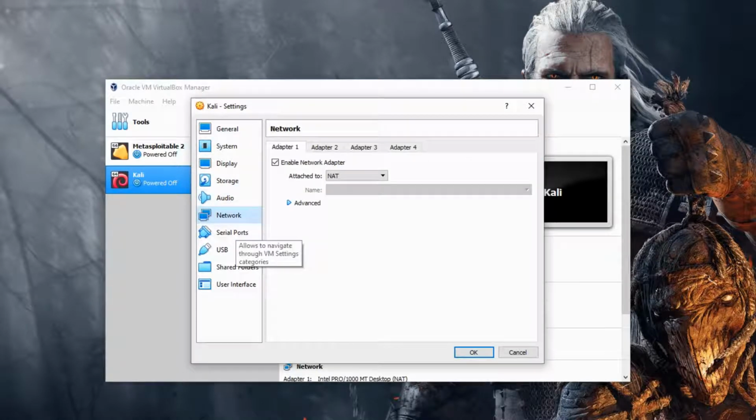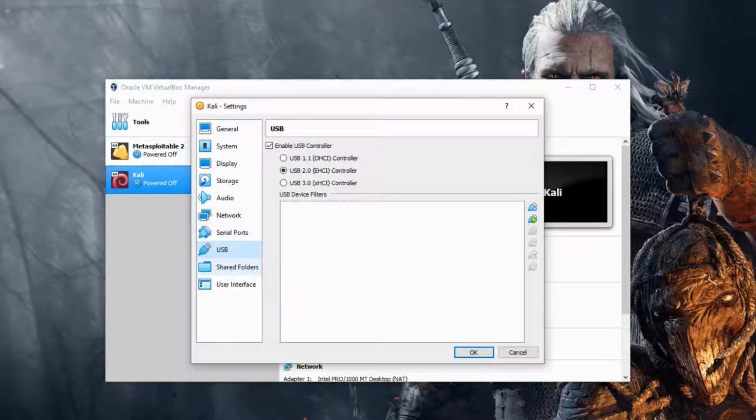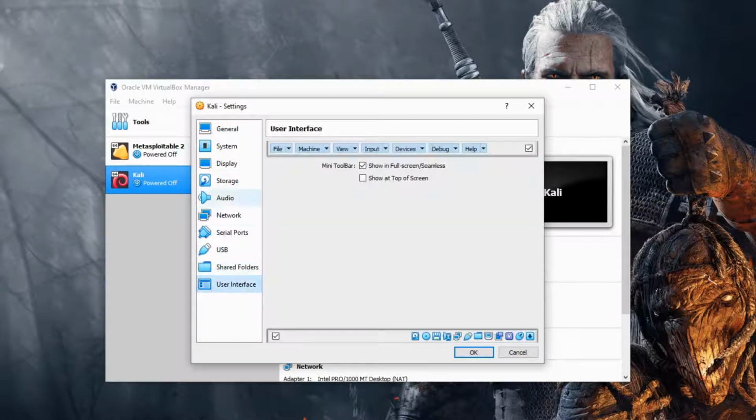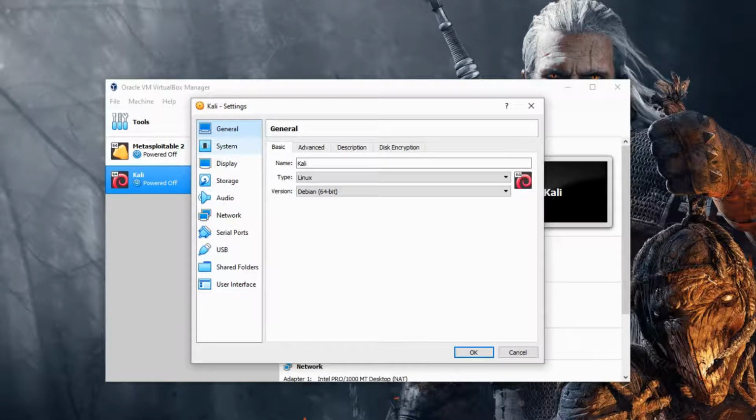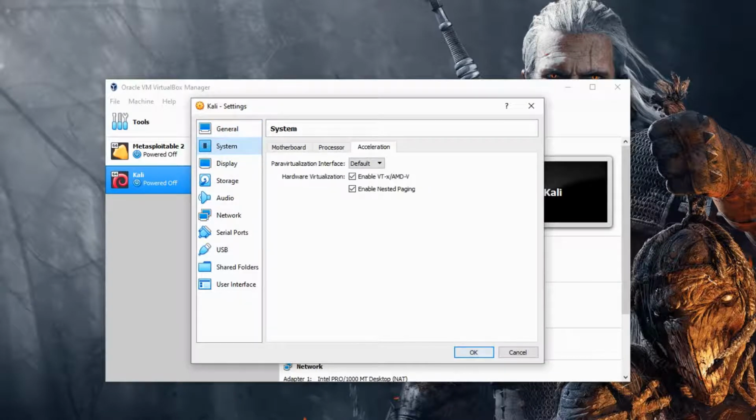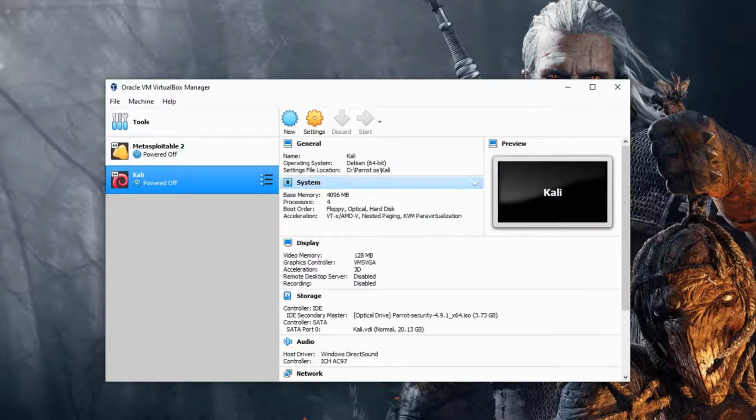And I'm going to change the network adapter from NAT to bridged adapter, and also we will add some filters here to use the wireless adapters both for the virtual machine and also the operating system. So that's pretty much it, and once you're done, click on OK and click on start.